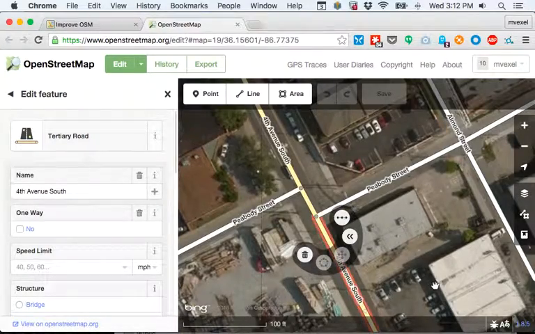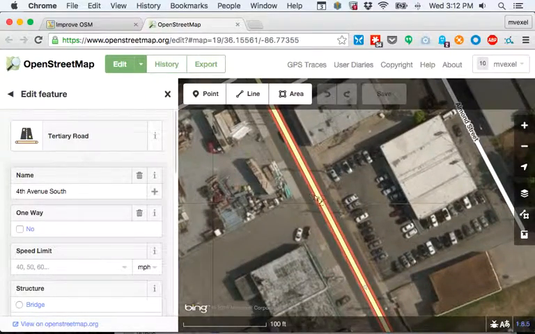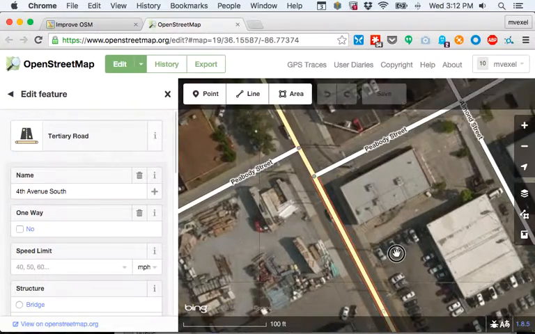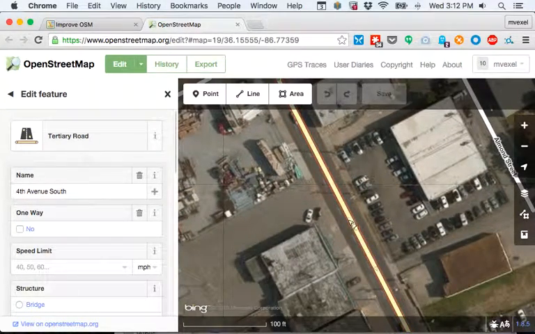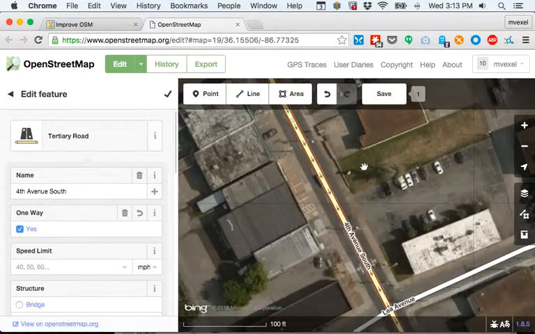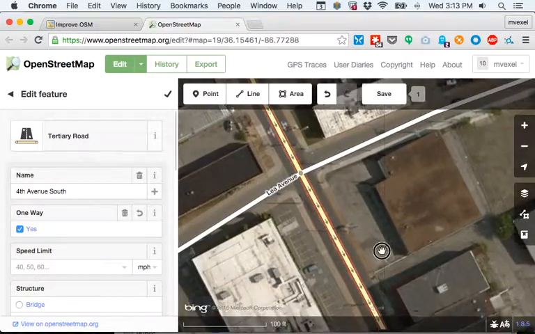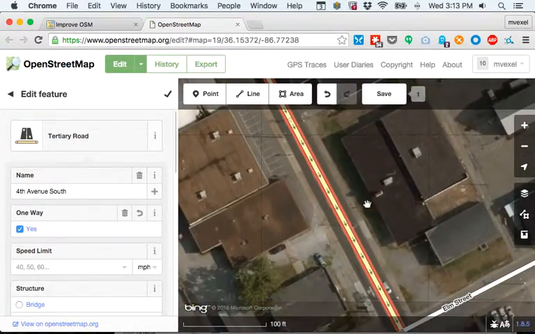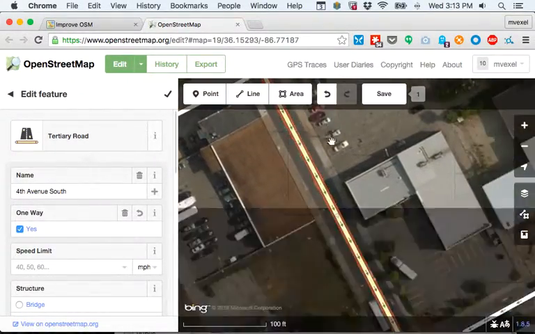So we start here and mark this. We can see from the arrow here that the street is already pointing in the right direction in OSM. So we only have to click the one-way checkbox in the ID dialog to make it a one-way, and make that an actual edit in OSM. So before